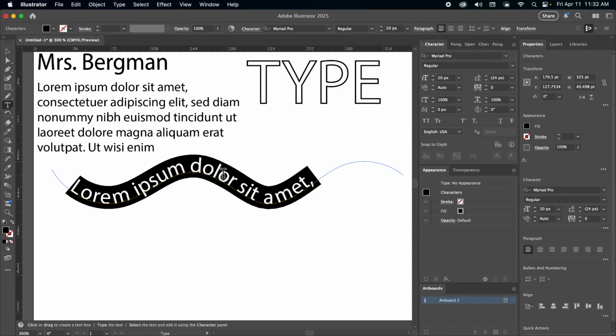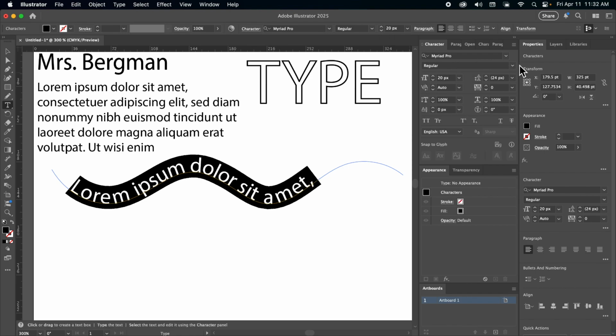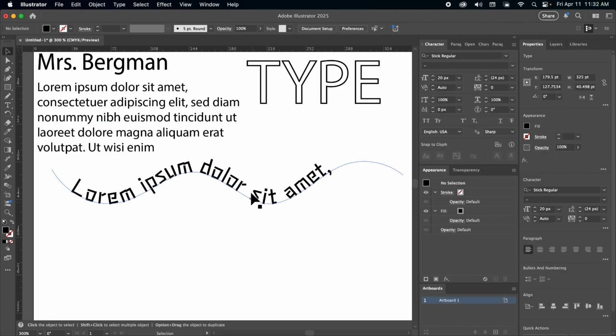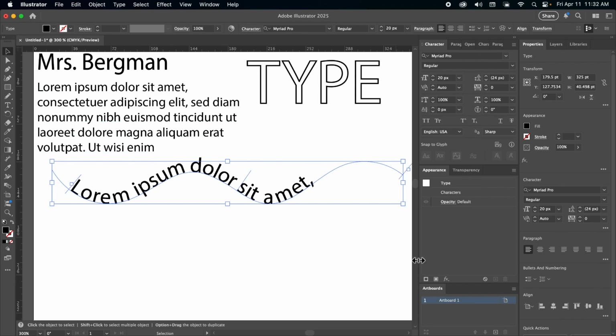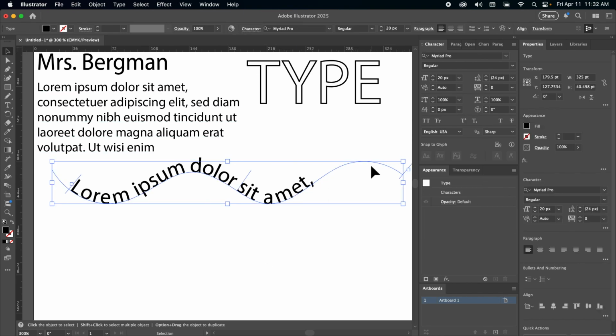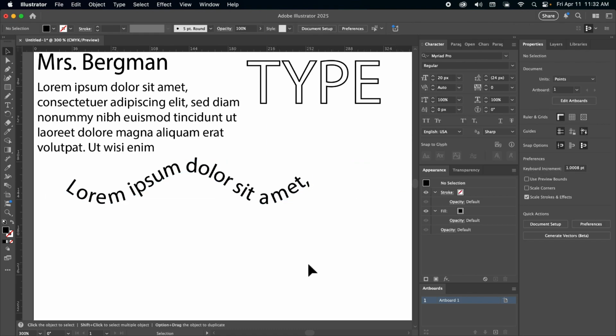If I double click with my text tool, I can go in and change my font and all that good stuff. Make it smaller, make it bigger. I don't know, make it not Myriad Pro. Doesn't matter. It won't actually be there. Like if you take your cursor away, all of this is invisible, so you won't see it.